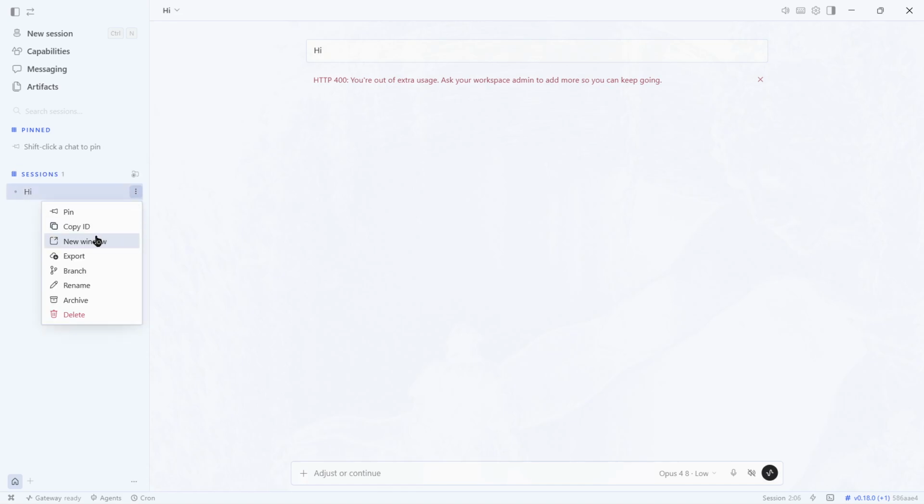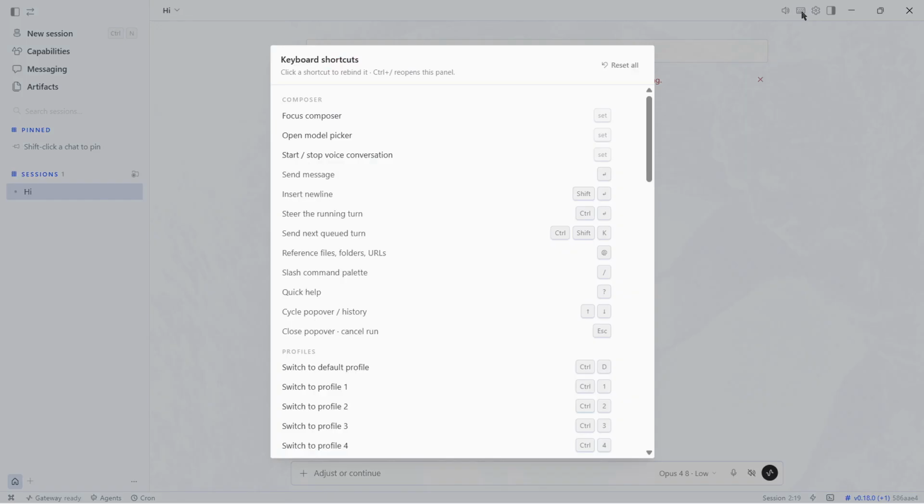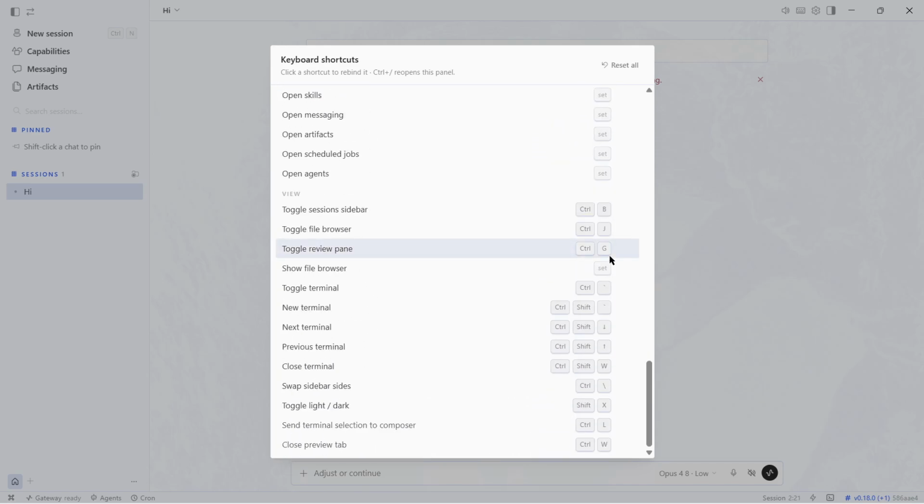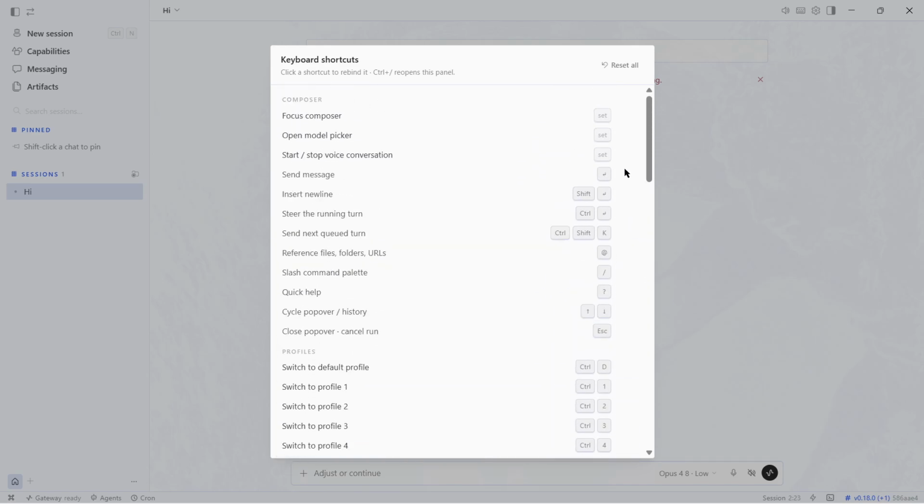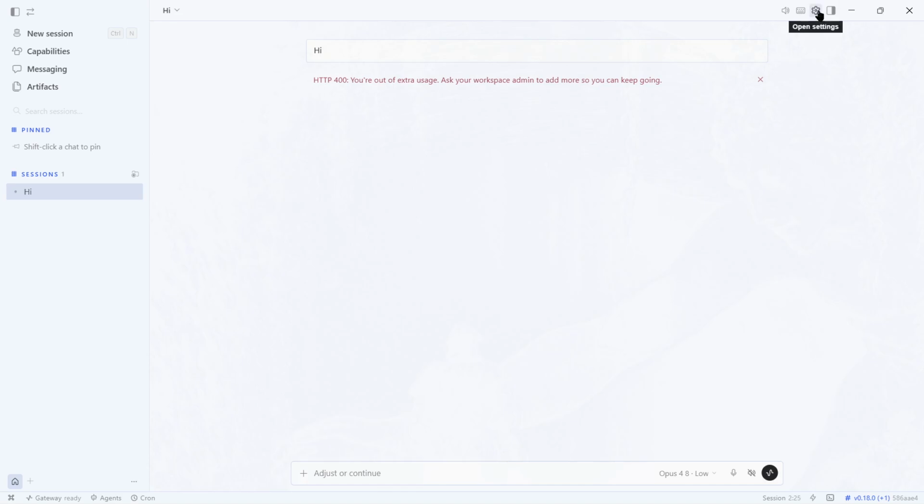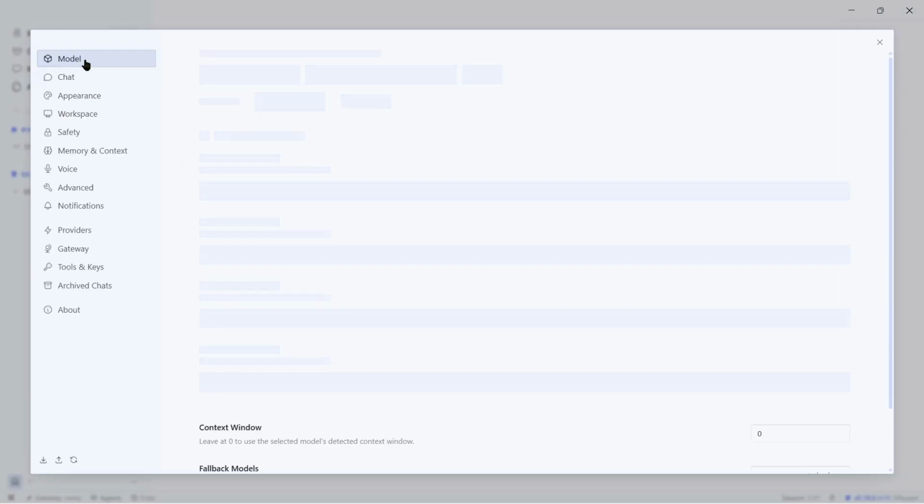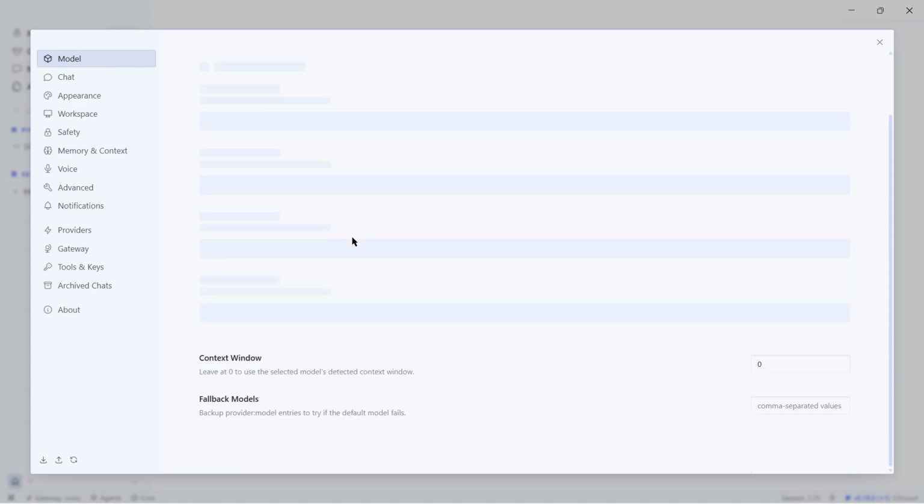You can open this chat in a new window. You can export the chat. You can branch the chat, rename, archive, and delete it as well. Then the next things we have are the mute haptics and, from here, keyboard shortcuts. If you wish to see all of them or set any of them, you can find the same from here using these key bindings. Then we have the settings option, and within settings, the first setting is the